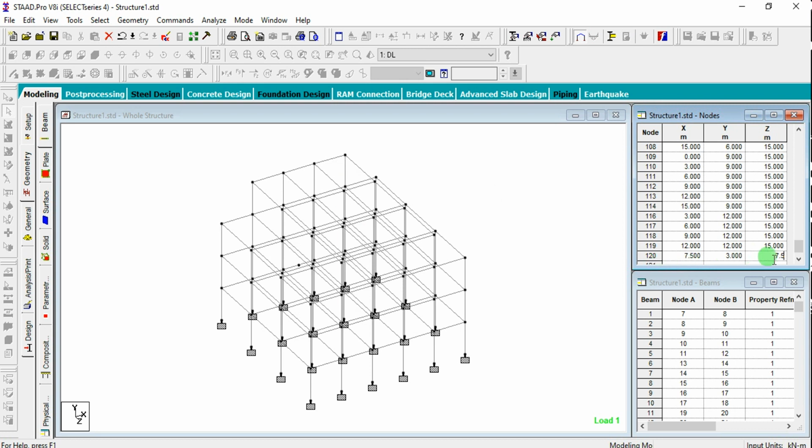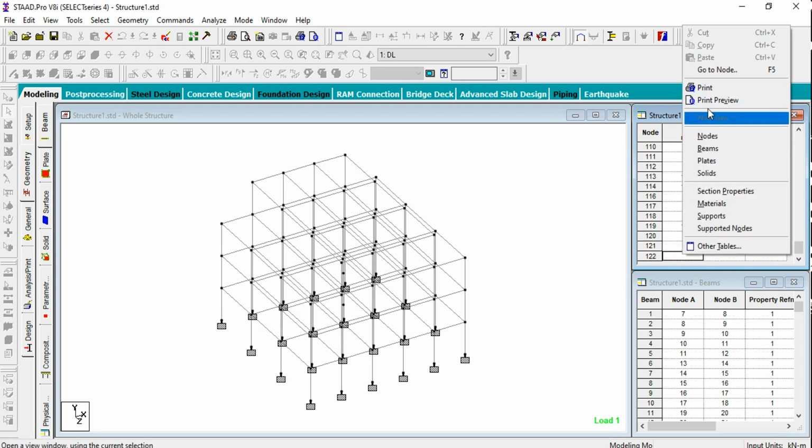Either you can directly copy paste them and edit the y direction, or you can just type the values there, like 7.5. Next floor is 6, and this is 7.5 again. In order to copy, simply you can select that row, Control C, and you can go for the next row here and Control V. So you can either copy paste there.